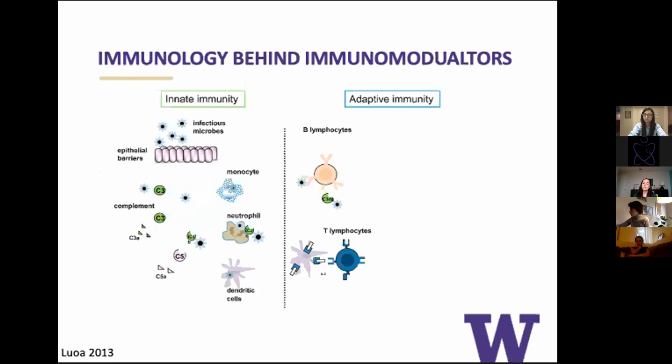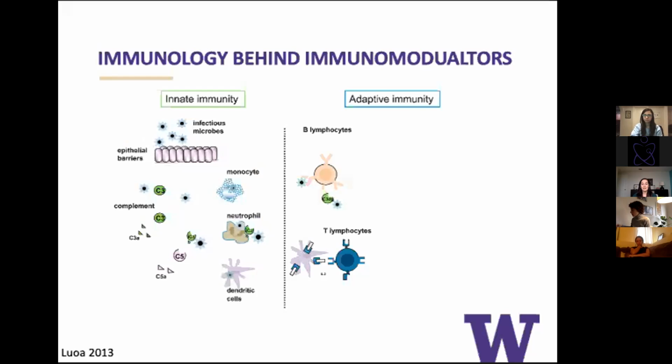And so to better understand the effects of immunomodulators on the host, let's review some of the basic immune responses to pathogens. This is going to be an incredibly basic overview. When the body encounters a pathogen, initially the innate immune response is enacted. Neutrophils begin to respond and proliferate, and the complement cascade is initiated. Antigen-presenting cells, such as dendritic cells and macrophages, present antigen to lymphocytes, and then those lymphocytes are able to mature and